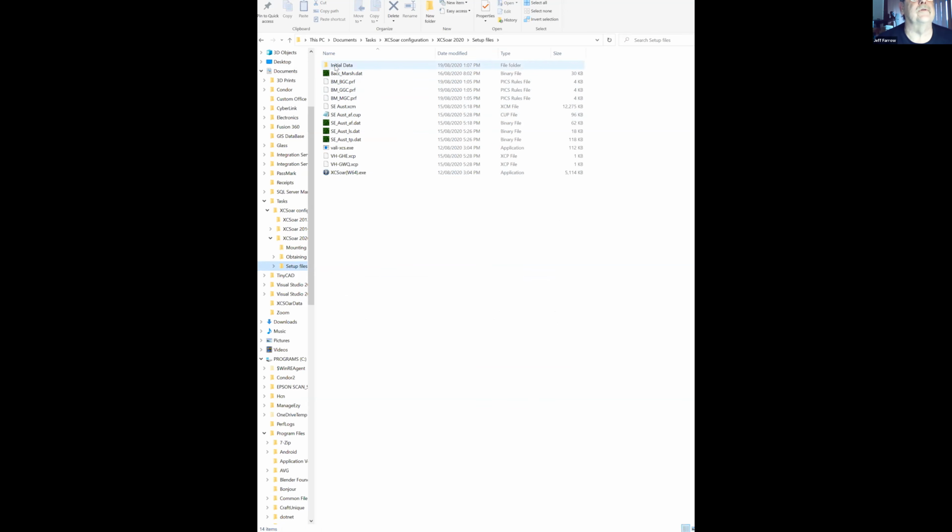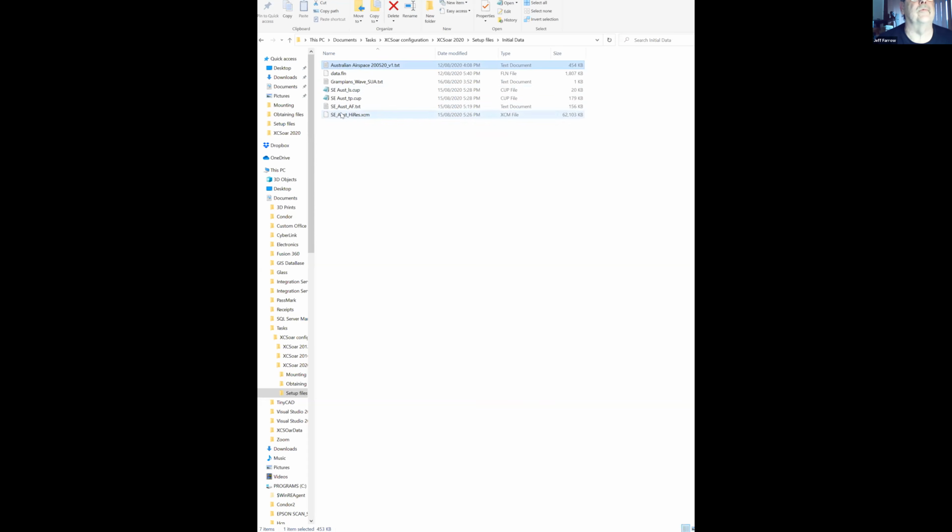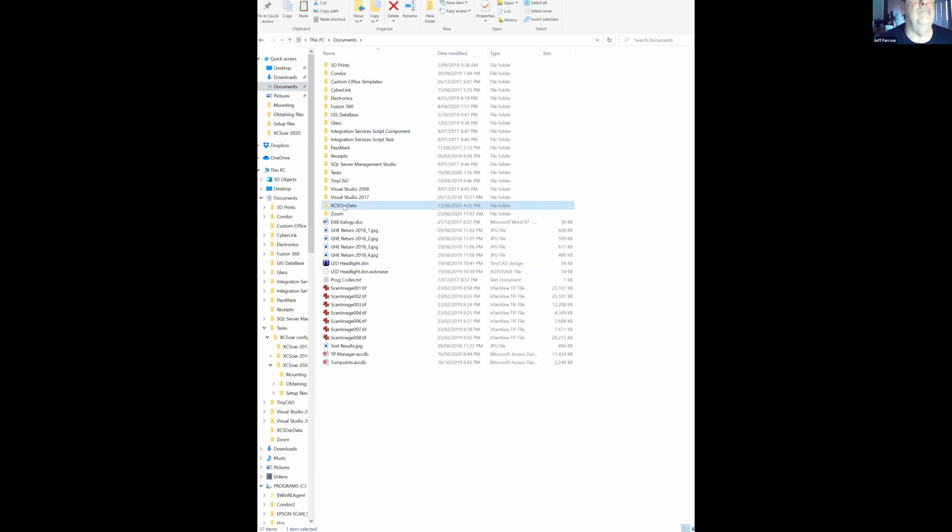Now those files that you've downloaded, you've been busily getting, so XCSoar Windows, the program file, you carry across to the program file directory. And the additional data files that you've collected, your maps and all the rest of it, you copy across to your XCSoar data file.